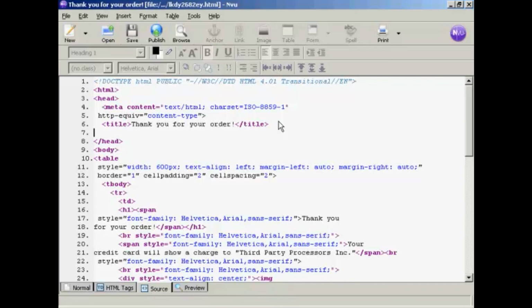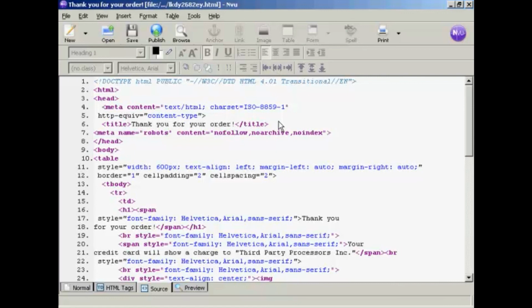So type here left arrow meta space name equals quotes robot close quote space content equals quotes nofollow, noarchive, noindex, close quote,